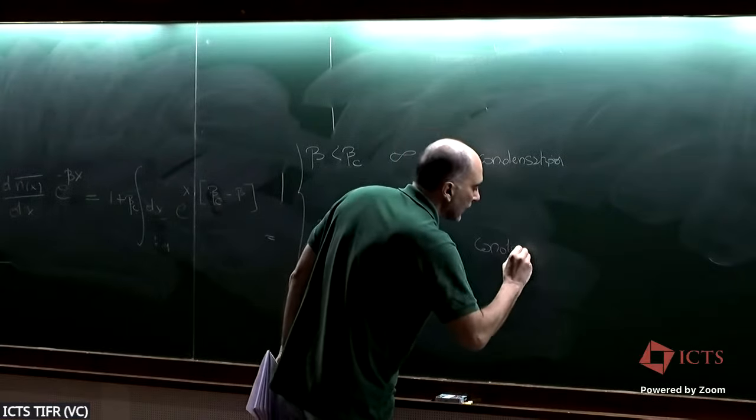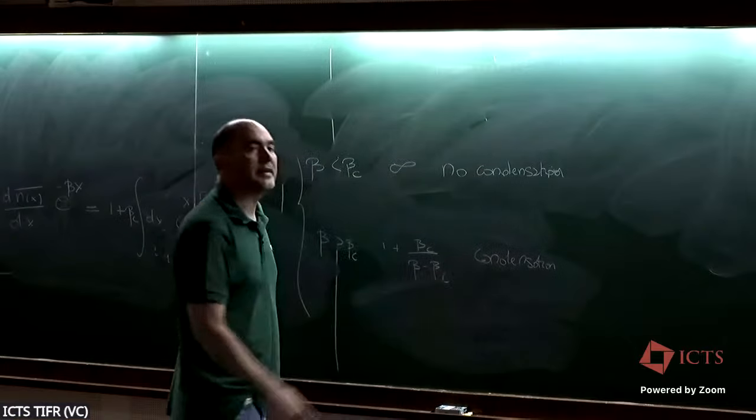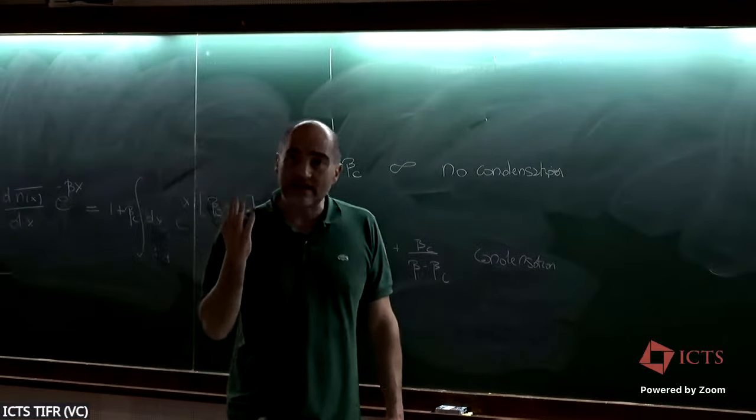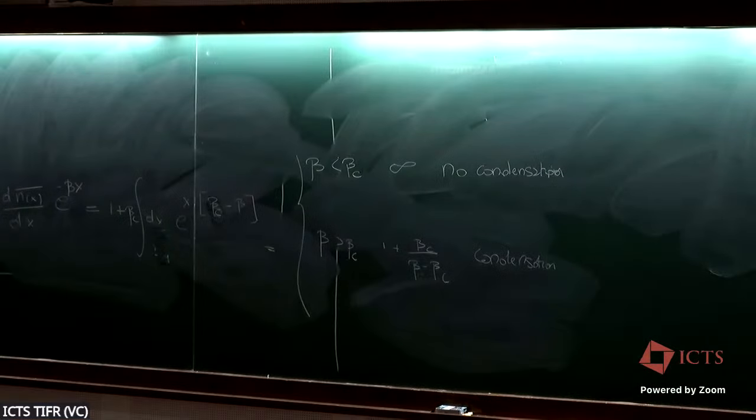So the question: in the glass phase, which is this one, do I have a probability to pick 2 times the same configuration? The answer is yes. So this is what happens in the glass phase. You pick configurations that are very similar, okay? While in the paramagnetic phase, you pick configurations that are always very different. And so for this,